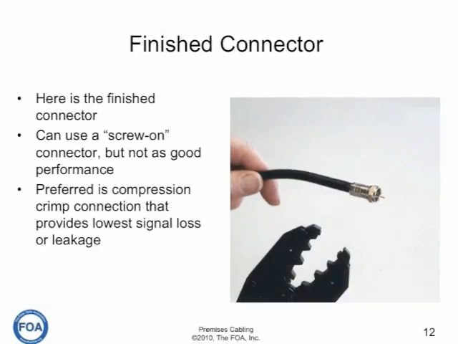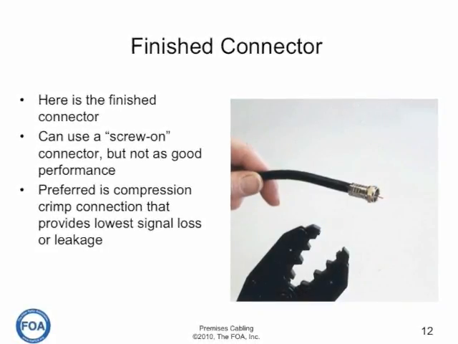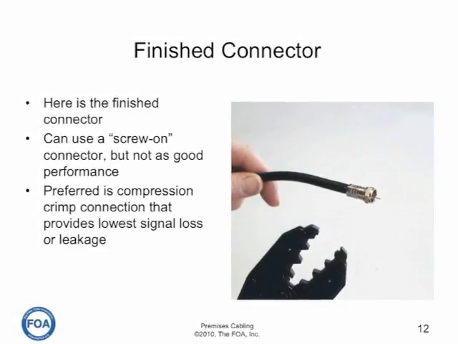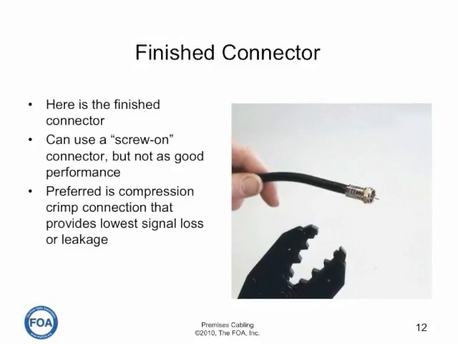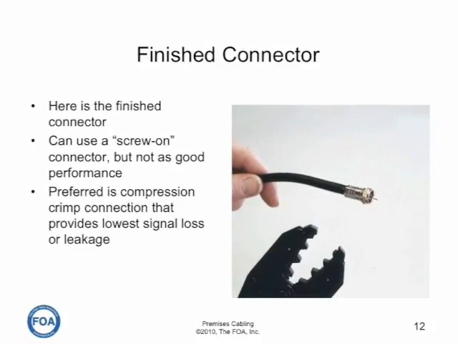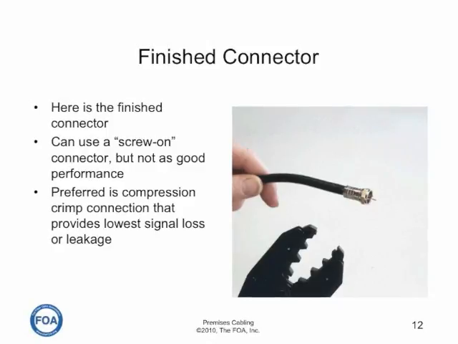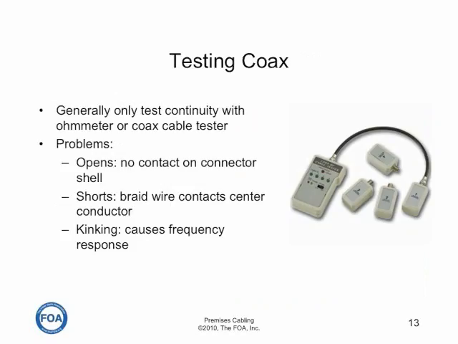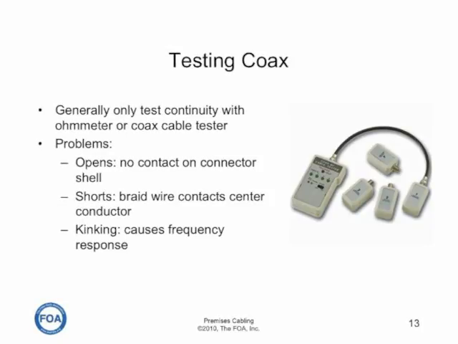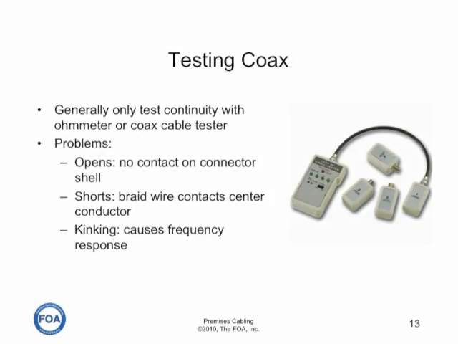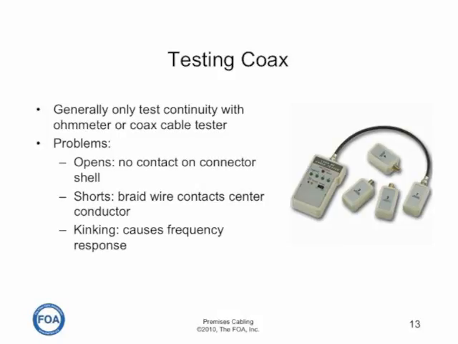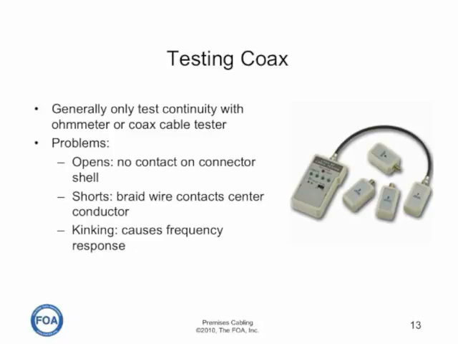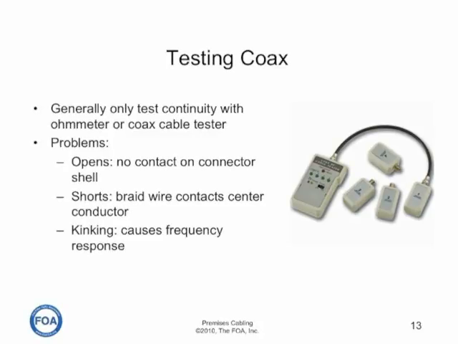Here's your finished connector. You can use a compression fitting type connector or a screw-on connector. Screw-on connectors are a cheap and dirty solution. They're not as good in performance, especially in terms of electromagnetic emissions. You generally only test the continuity of a coax connector with an ohmmeter or a special coax cable tester. The typical problems are opens, where there's no contact on the connector shell from the braid,